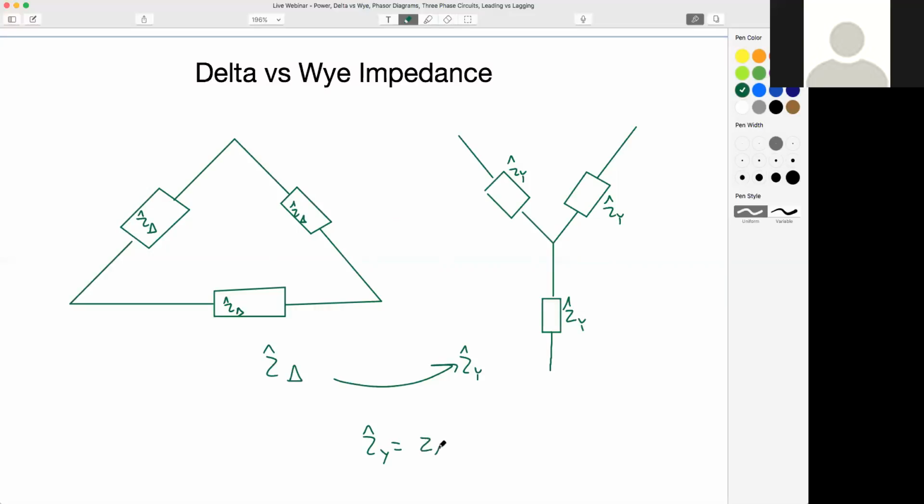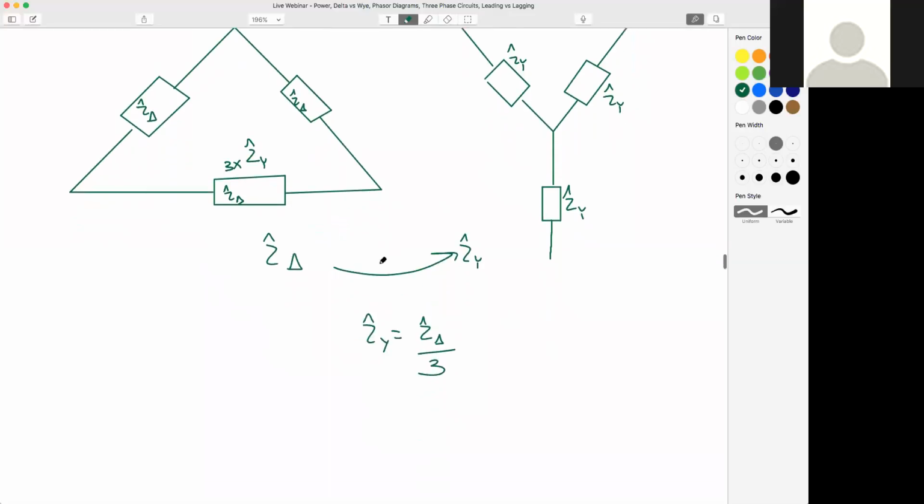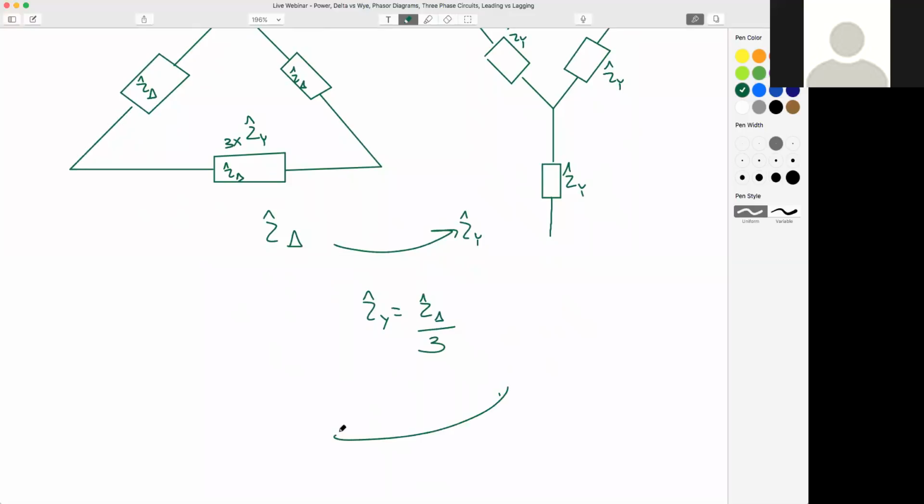It's going to be our delta Z divided by 3. So that means that each of these values over here are 3 times larger than our delta Y. So when we go to delta from Y, we're going to multiply this time. So we're going to have our delta Z is going to equal to 3 times